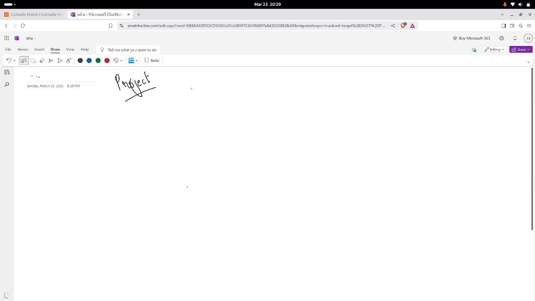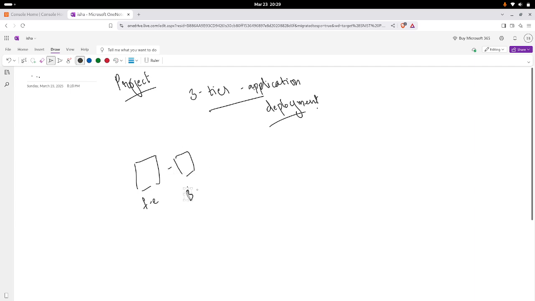So this project is about a three-tier application deployment. A three-tier application comes with a front end, a back end, and connecting to a DB, right? Connecting to a DB. So the architecture is this: